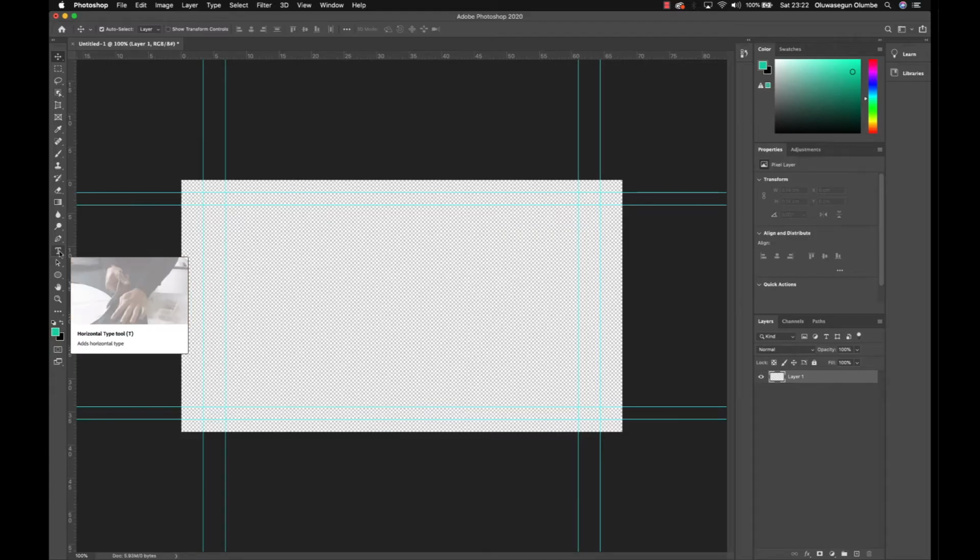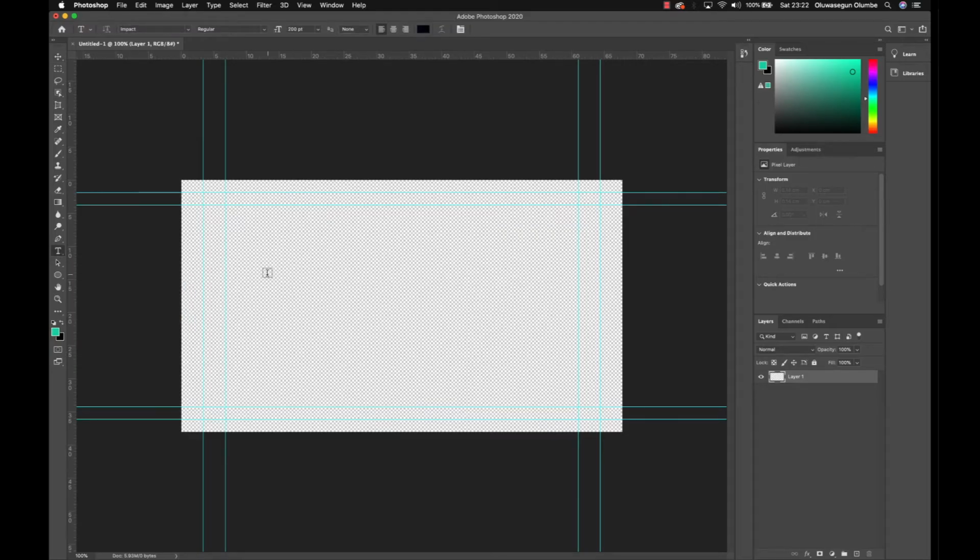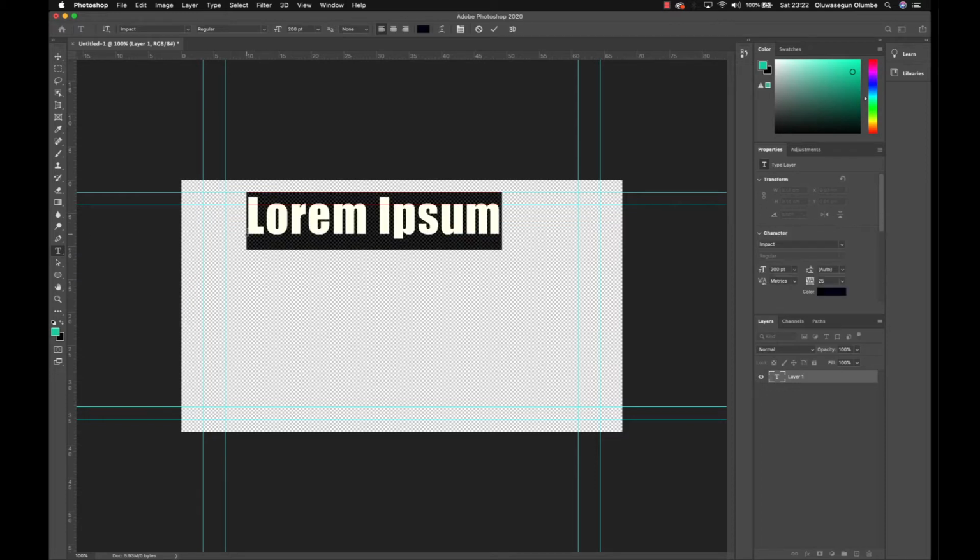Let's click on horizontal type tool and click in our canvas. You click on the tool that you want to use, which is horizontal type tool. I've clicked on it. Now you come to your canvas and click. Whoops. Before, when you click, all you get is just a cursor blinking. But now they've also gone the extra mile to drop in a template text. So it gives you a template text, and let's say we are working on